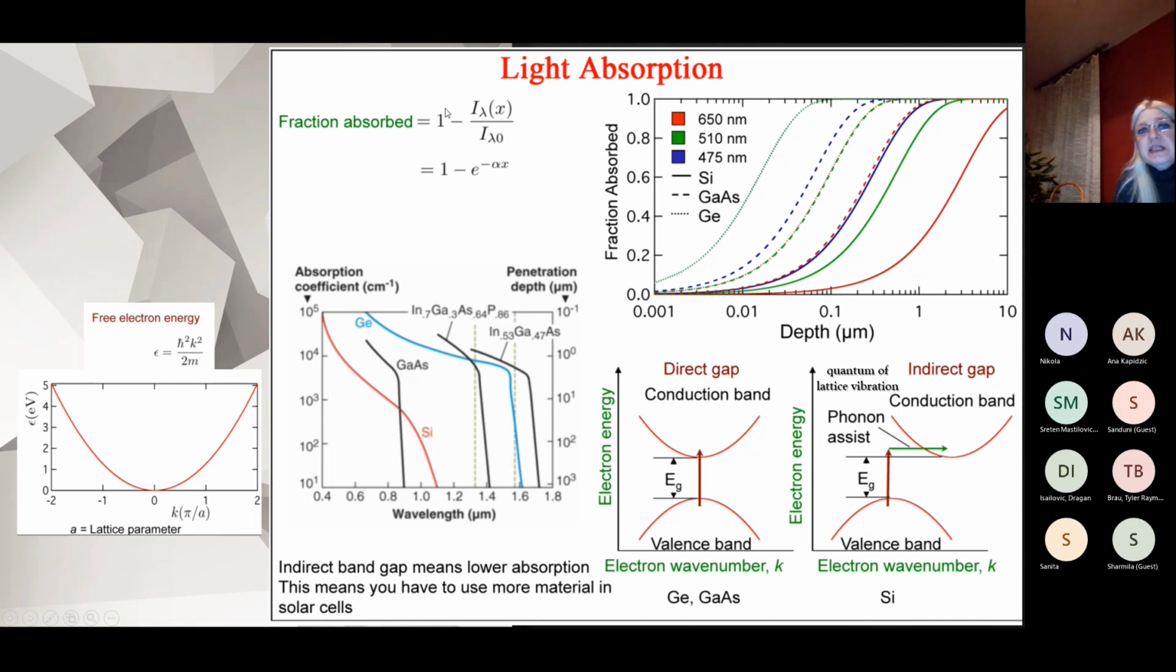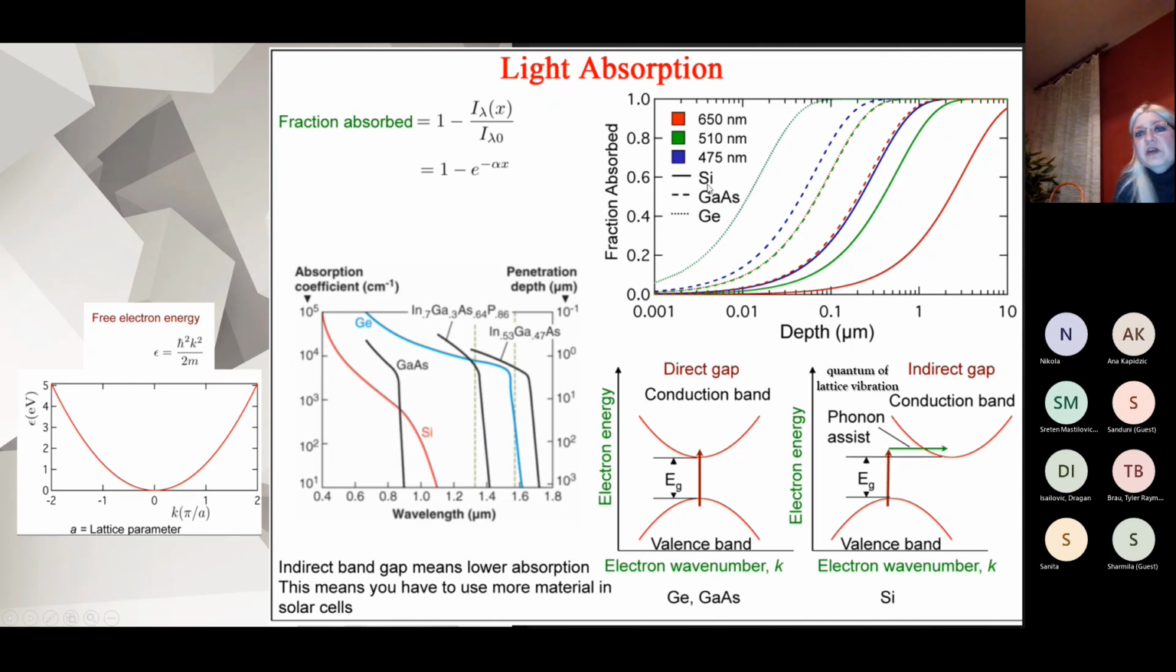This can also be expressed as 1 minus the ratio of intensity. It's 1 minus because the value of the absorption maximum is 1. And this can also be expressed as 1 minus the exponent of the absorption coefficient times the thickness. And if we look at how the dependency of the fraction of absorbed light as a function of the depth